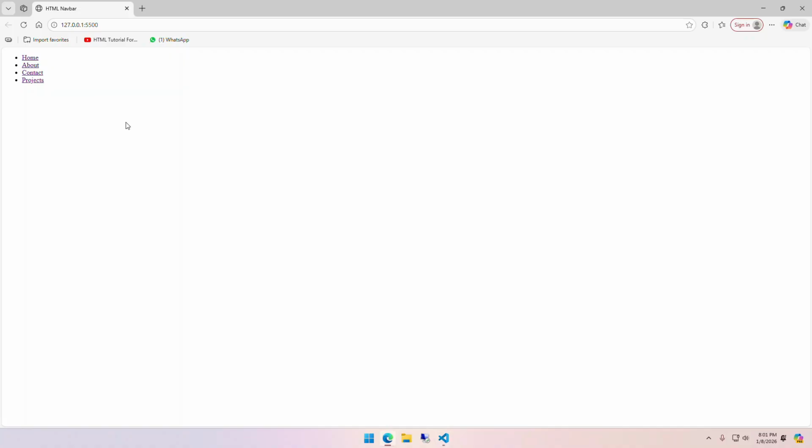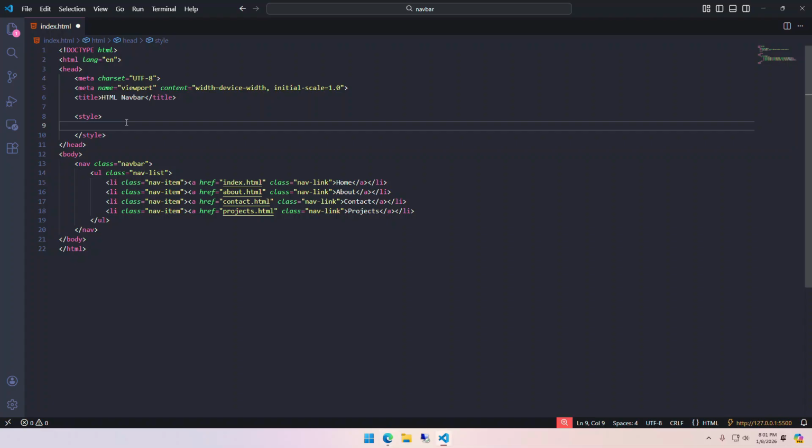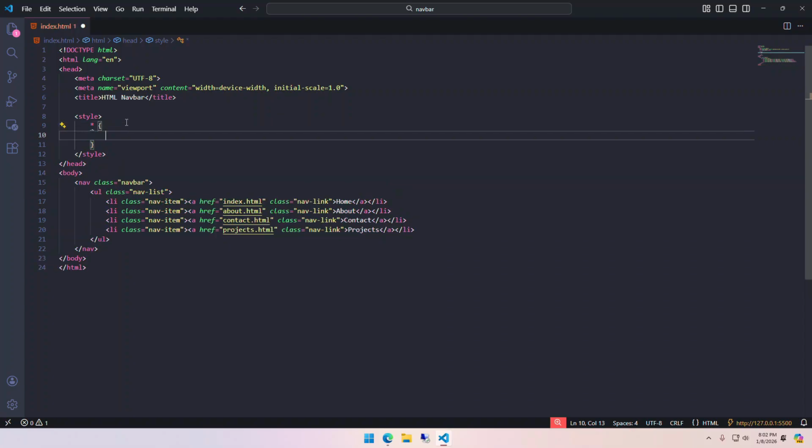Anyway, let's begin by applying this style. First of all, we are going to place an asterisk, and the asterisk means select everything. We need to apply some styles on all the tags on the page. The styles we are going to apply are, first of all, this style,